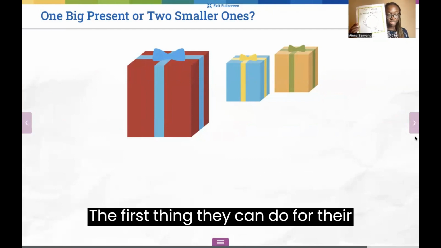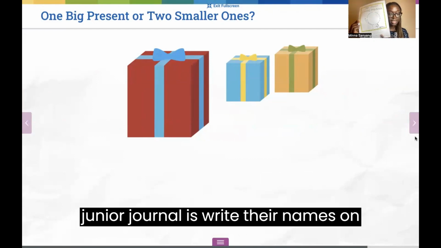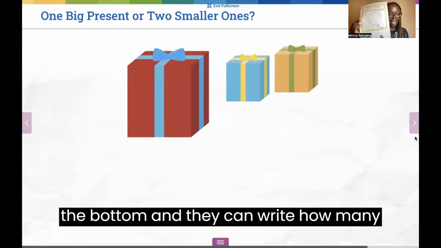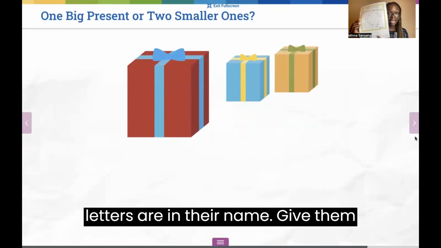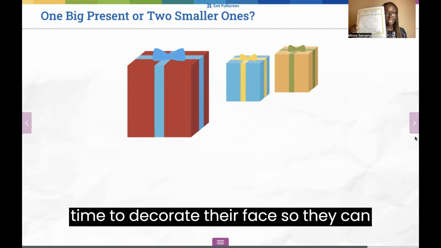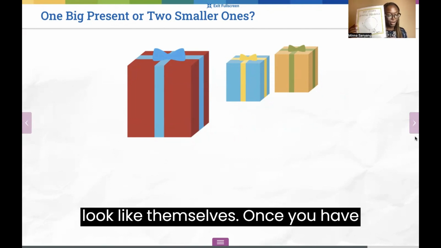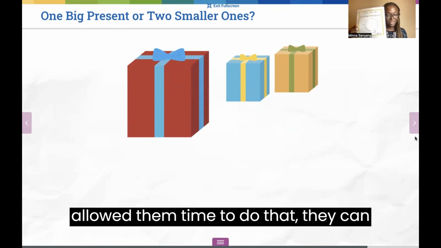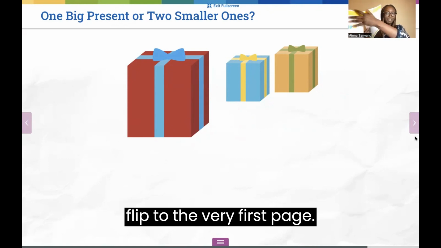The first thing they can do for their junior journal is write their names on the bottom, and they can write how many letters are in their name. Give them time to decorate their face so they can look like themselves. Once you have allowed them time to do that, they can flip to the very first page